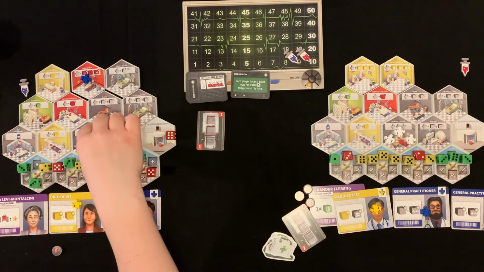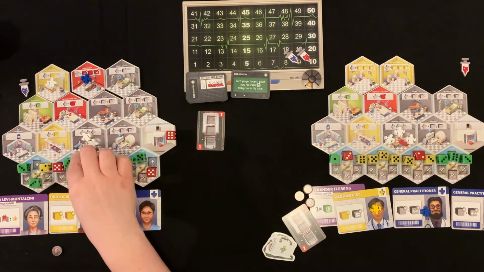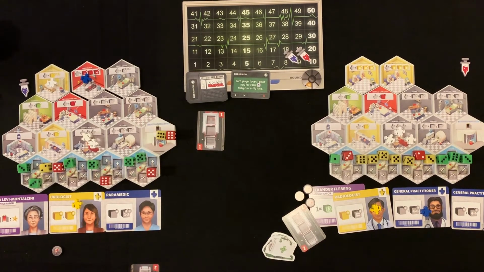I'm going to send my nurse to orthopedics, and that is going to discharge this yellow dice. I am then going to have to do some things with these green dice eventually, aren't I? They're coming out of my ears here. I'm going to...